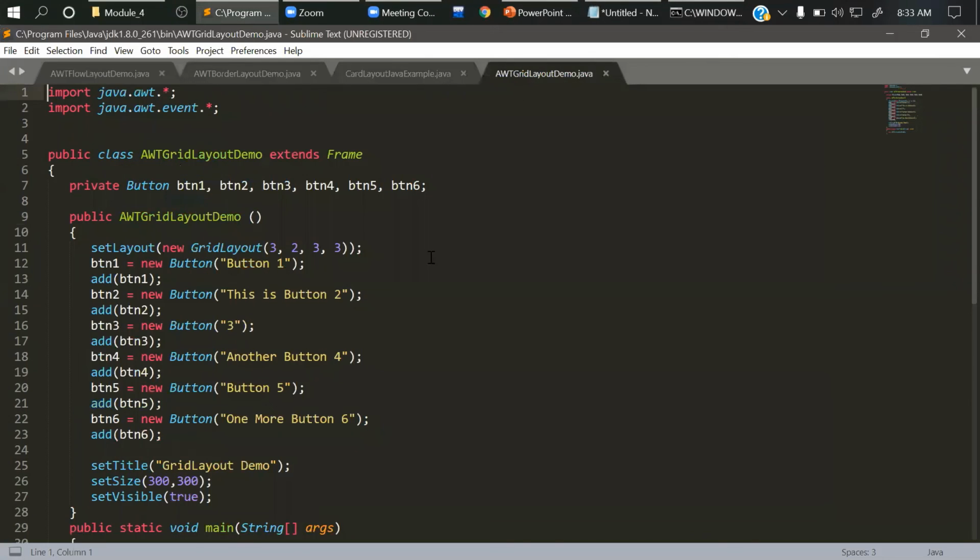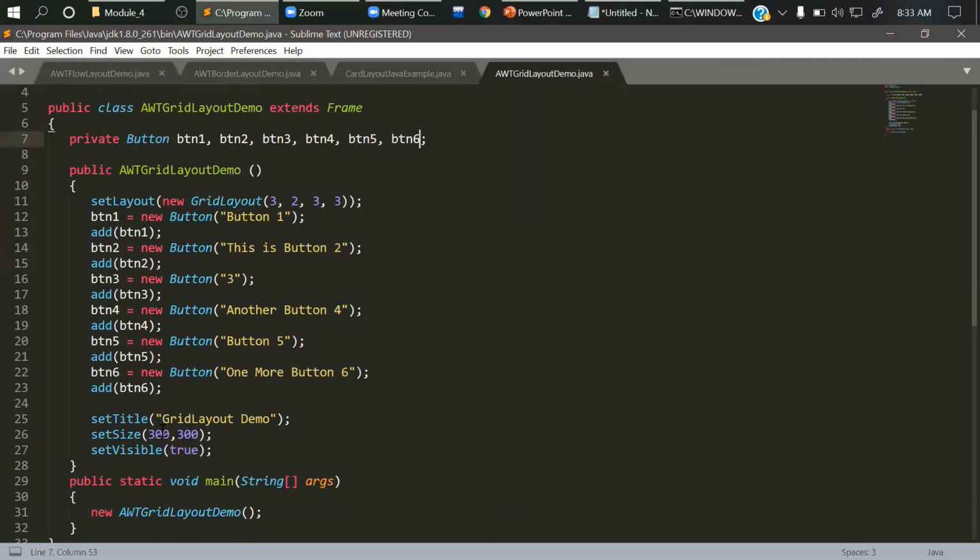Now the last one, that is the grid. Grid will allow you to place all these components into rows and columns. Again, the same sequence of adding these buttons, setting the visibility, the title, and the size of the grid. Let's compile it.